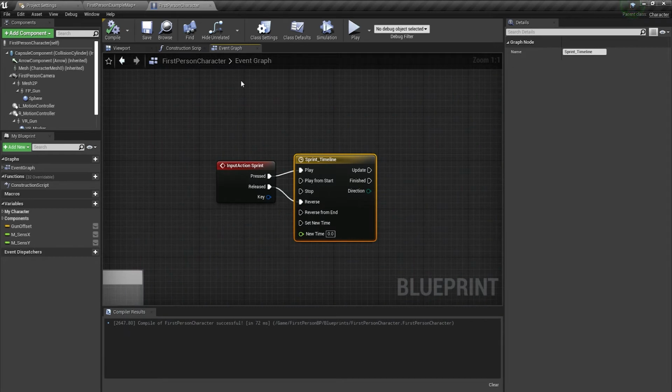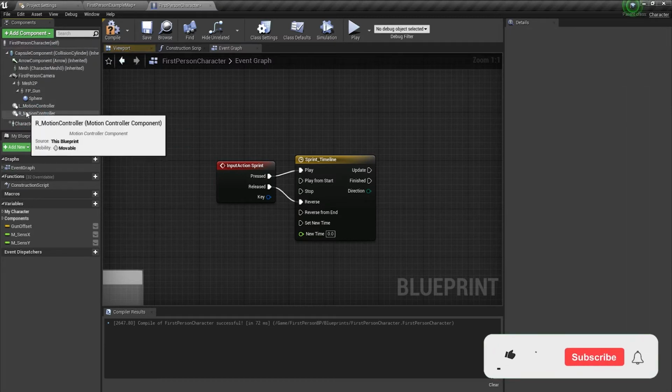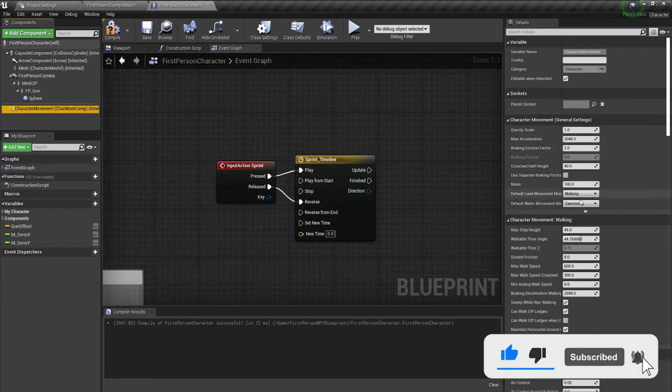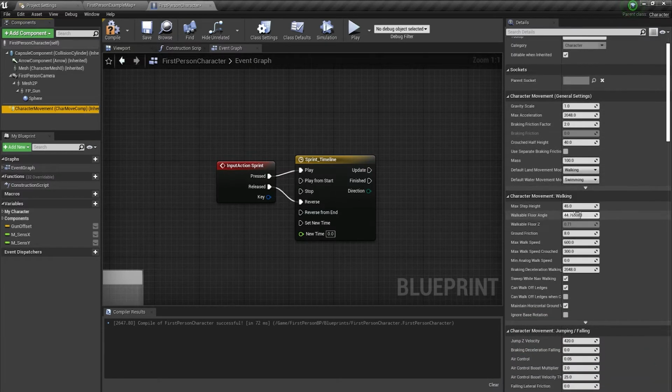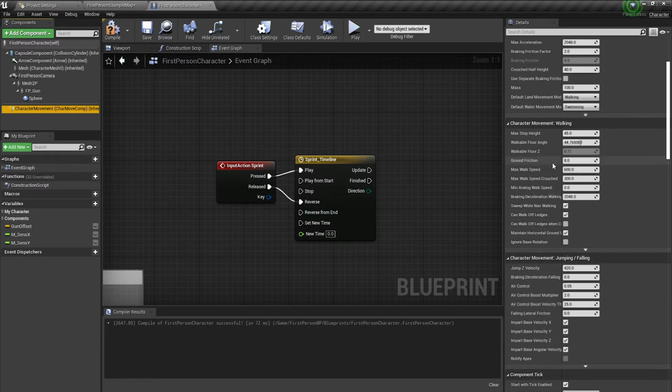For demonstration, just select the character. Before this, delete this as we do not need it, and select the player, and from here go to character walking.